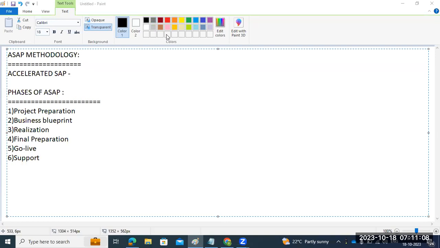So that is the reason we have to follow the SAP accelerated phases. The first one is called the project preparation. The project preparation means, as the name itself says, we can initiate